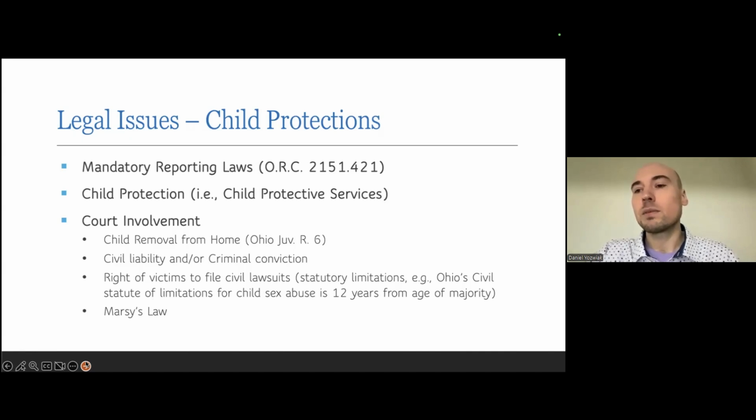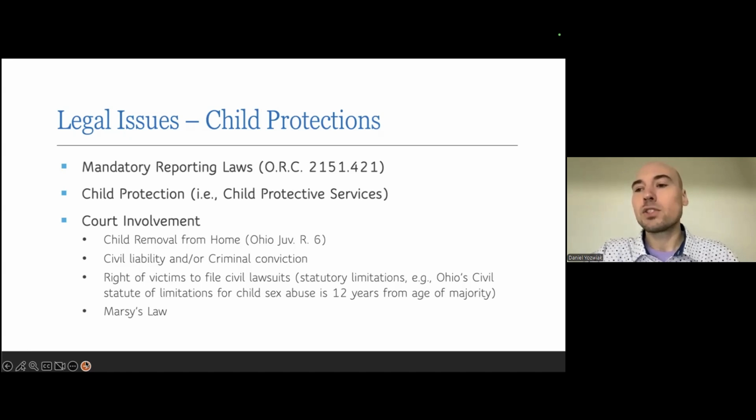However, those statutes of limitations account for the fact that children are not thinking about reporting these things or actually seeking legal action until a much later date. So, for example, for child sex abuse in the civil law, that is 12 years after they reach the age of majority. So that would be 30 years old. So a child that is sexually abused at 7 or 8 still has until 30 years of age to actually seek restitution or damages for that harm.